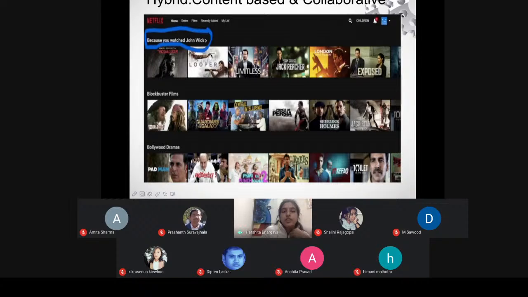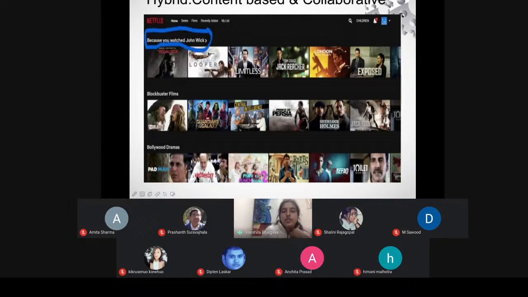Of course, इसमें items क्या हैं? The item has been replaced by the movie. Now, movie is the item that is being recommended to the particular user. Okay, so it also provides you the collaborative approach. Collaborative में क्या होता है, जितने भी movies हैं, how similarly they have been ranked by the users, so that collaborative approach is also taken care of.